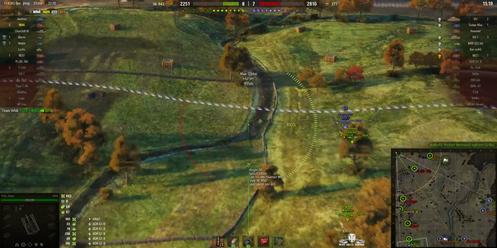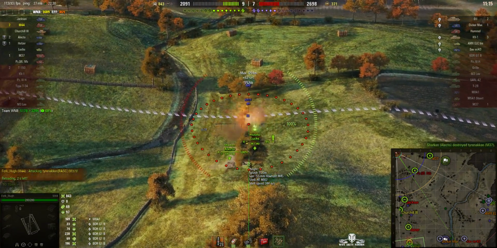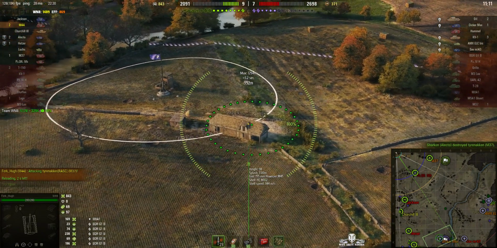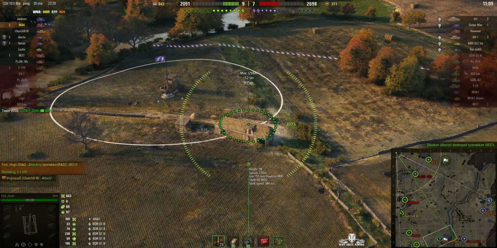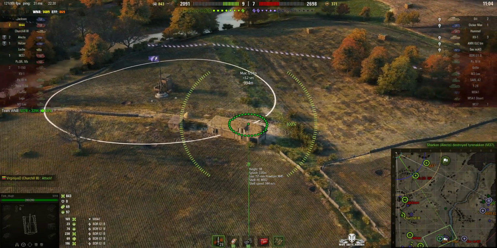No, so I'm going back to the other side of the map because the M37 has been spotted. He's right at the back of the map. Unfortunately, that target's been taken out. Now, I'm anticipating the rest of our team, who've gone down the west side of the map quite hastily, will be able to take out the Dickermax